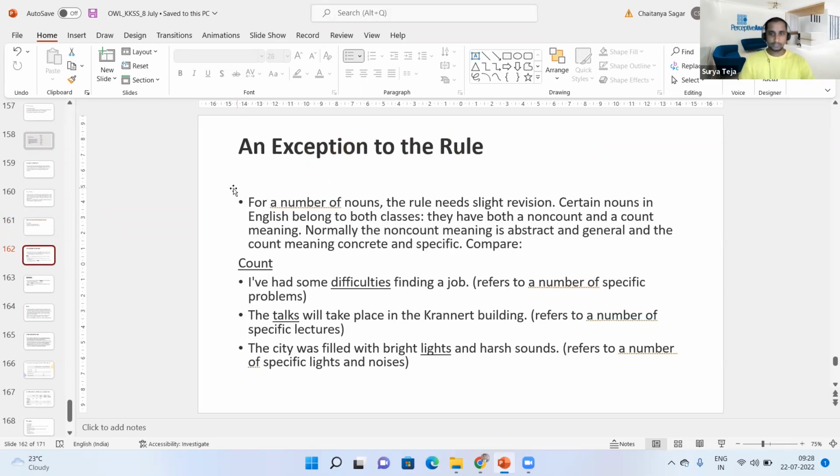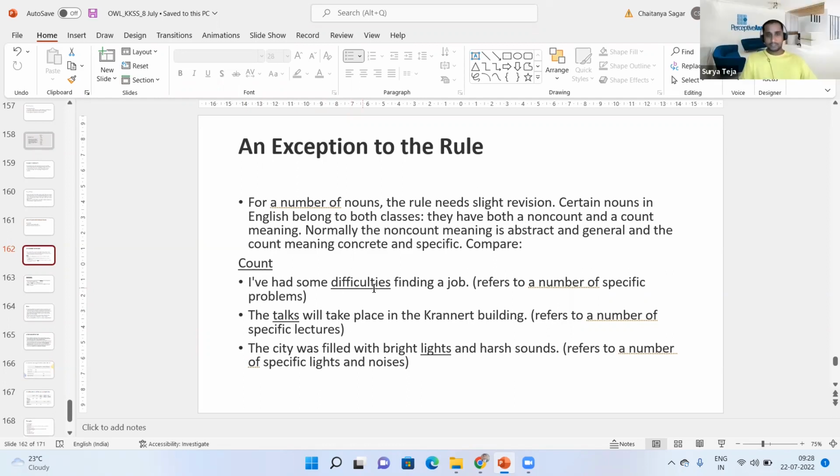There are certain exceptions for count and non-count nouns. Suppose there are certain nouns where, even though it is a non-count noun, the usage is such that we are talking specifically about one particular incident, not in general. In general, non-count nouns cannot be pluralized, but if you are talking specifically about things, and those things are multiple and can be identified or distinguished separately, in such a situation a non-count noun can also be pluralized. If you see here,